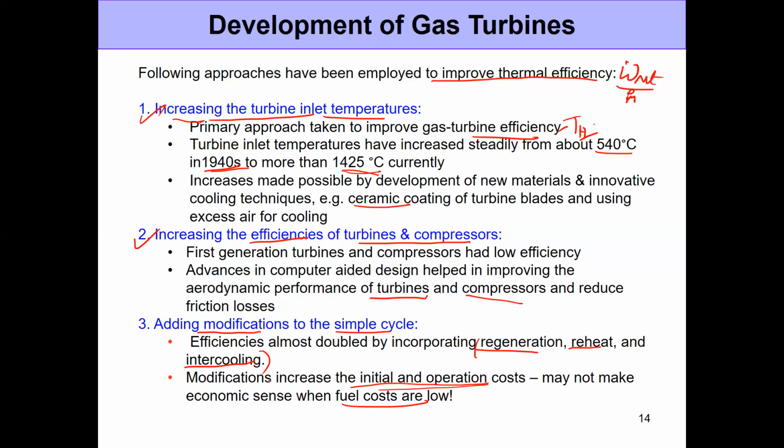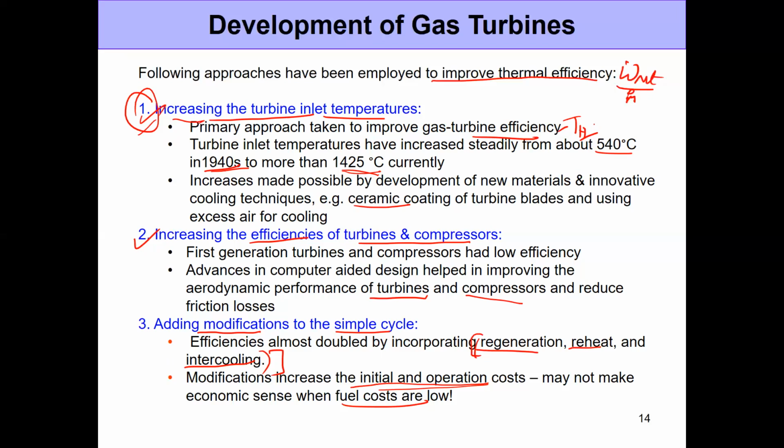So for now, we don't see a lot of gas power plants with all of these modifications. We certainly see some of them with modifications, all right? But the major growth in the efficiency over the last 80 years has happened by increasing the turbine temperature. And this has by far taken care of the majority of the increase in efficiency that we have seen. Secondly, of course, the isentropic efficiencies of turbines and compressors have also helped, but the regeneration